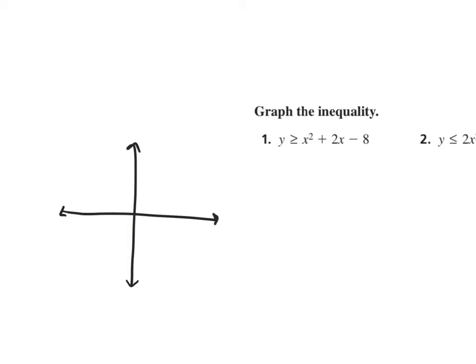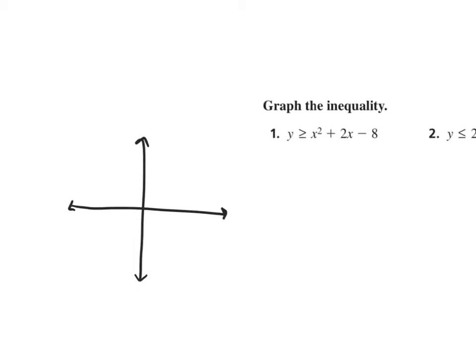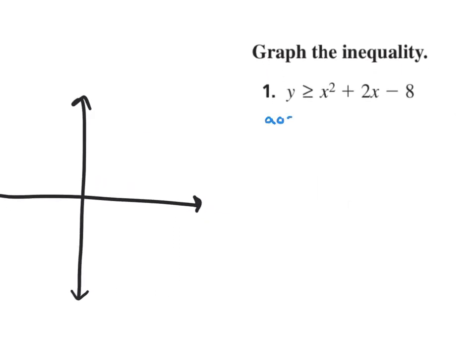So how do we start to graph this? What do we need to do? The axis of symmetry. So our axis of symmetry is -b over 2a. So what's our b? So we have a -2 on top and then 2 times a. What's our a? 1. So we have -2 over 2, which simplifies to what? -1. So our x in our vertex